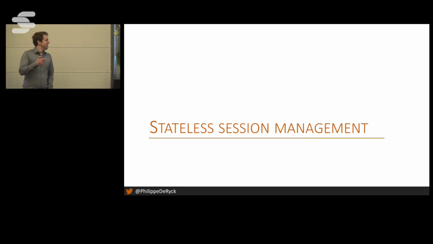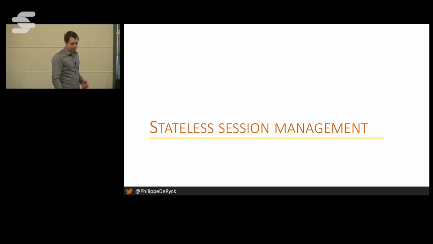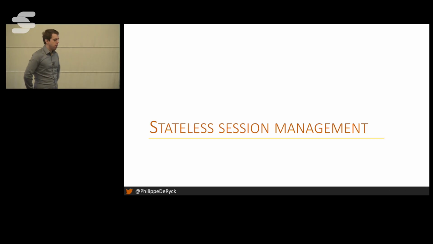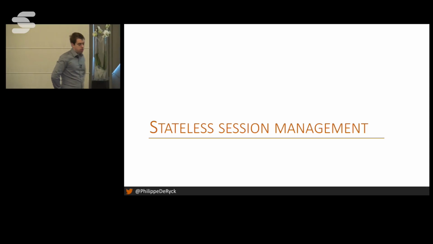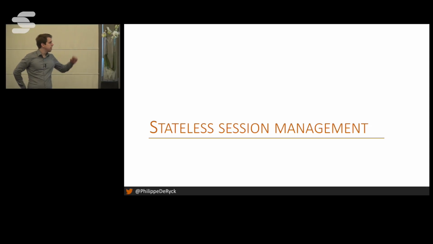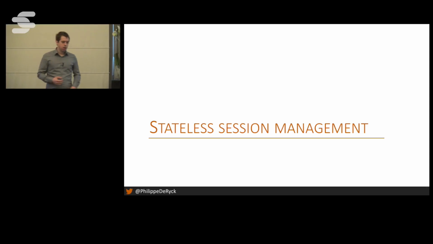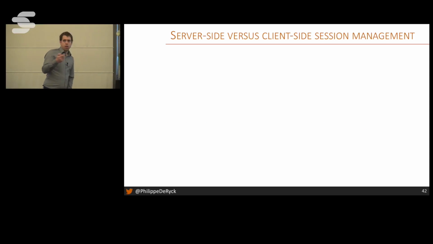So, stateless session management. We're talking about Angular applications. So we covered the cross-site scripting part. Well, to be honest, a lot of other security principles involve the server side as well. But session management is one of these things that has radically changed in client-side applications and browser-based applications. So we used to have server-side session management where all data was stored on the server, but modern applications try to move this to the client side. And this seems like a trivial choice, but in practice, it's going to be a bit more tricky than what you might think. It seems like the wrong choice,